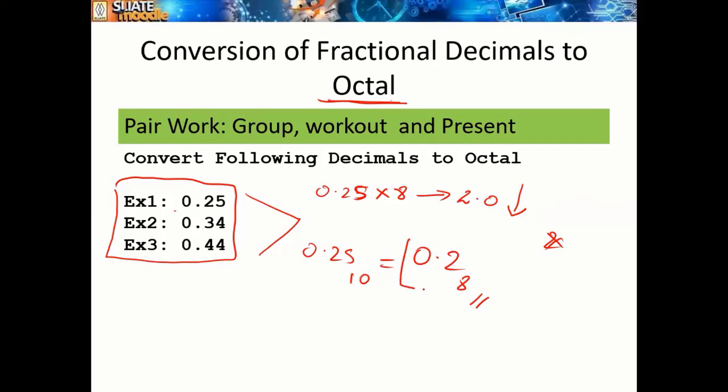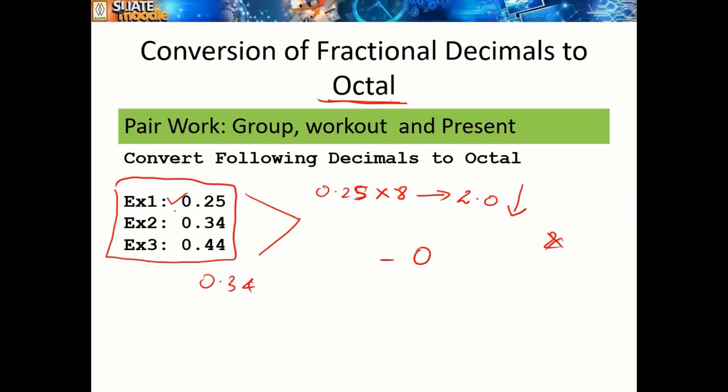So you can mark this. If you need, you can note it, then you can try it at home. If there are any doubts, you can ask in the next class, right? So this is the answer for exercise 1. So now let me show you the second one, right?